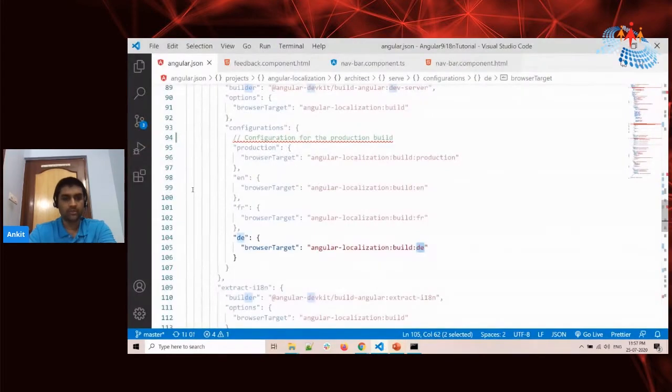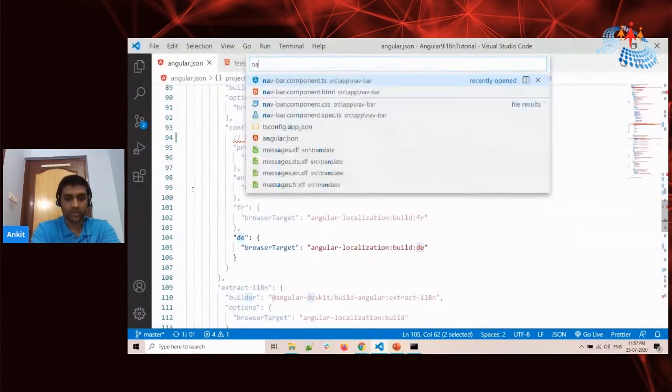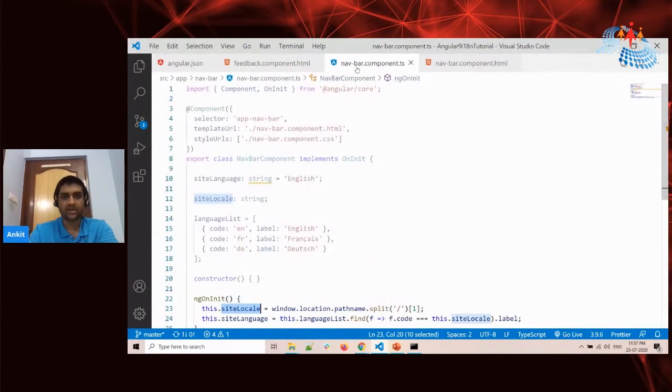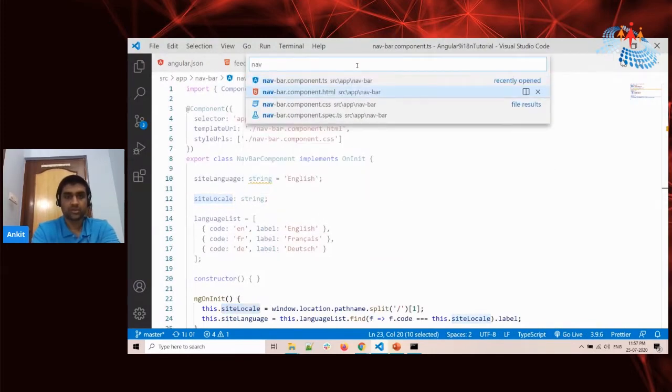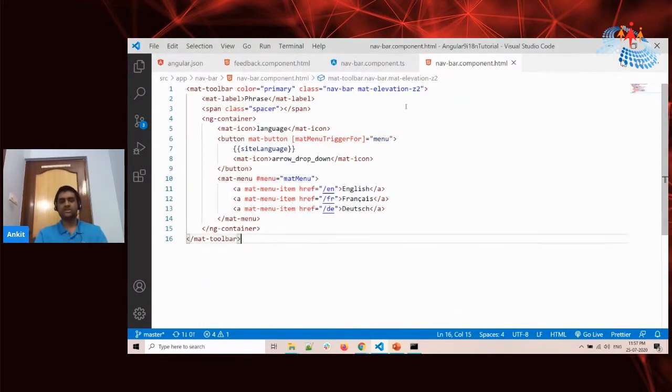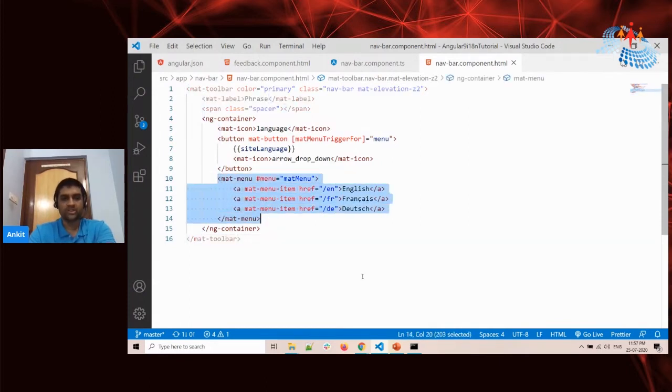Now let's go back to our code and check the navbar component. What is happening in the navbar component.html? I have just discussed how to run this in the local environment, but what if we want to run it in a production environment? For production, we want to change it at runtime, so for that I have done some configuration. I have added a menu, which is a drop down menu and a hyperlink. When we click on this, it will change the endpoint URL of our application.